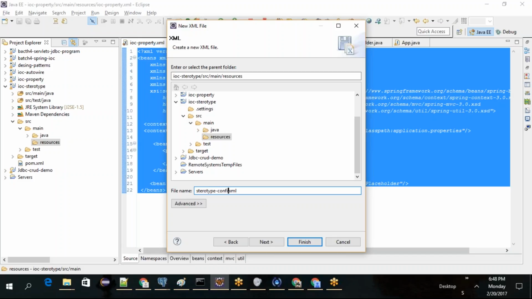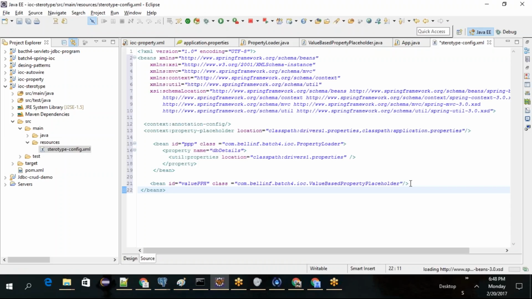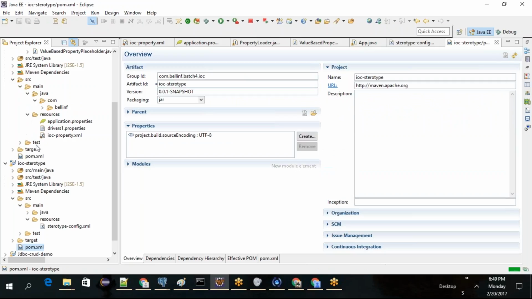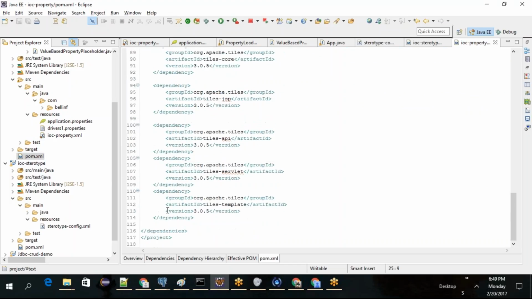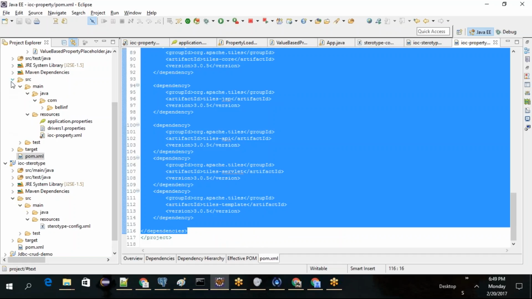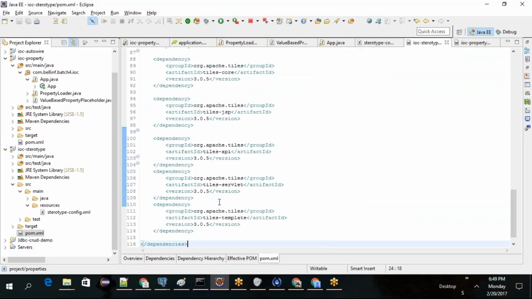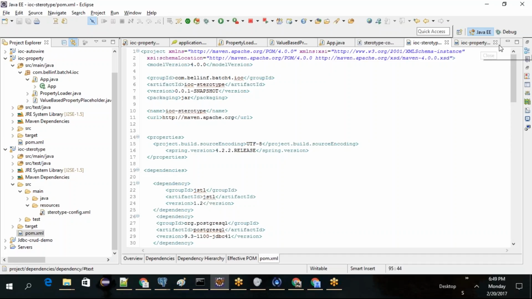SteroType-config, you can call it whatever you want. And then here I'm going to paste the content, and this content we don't need. We'll add it explicitly, and then in form.xml you need to update, right? Paste it. Okay, now